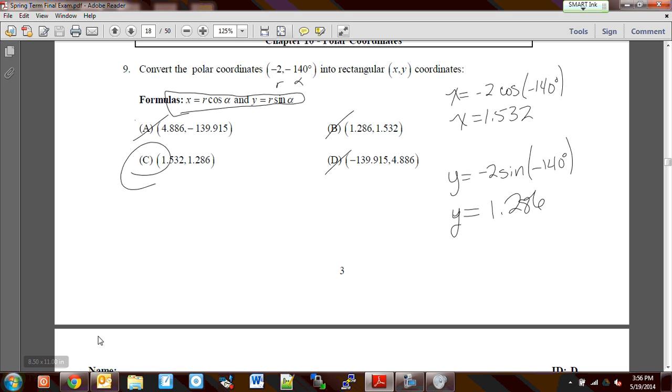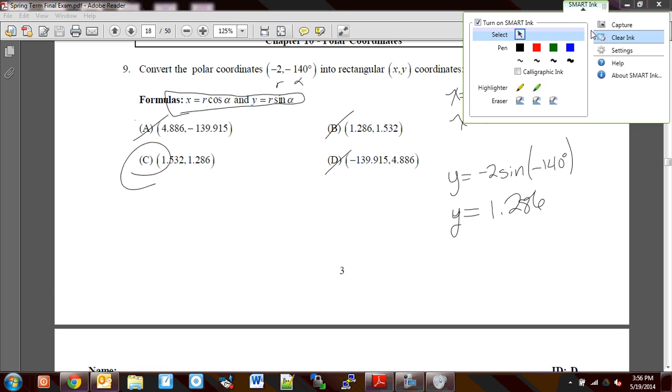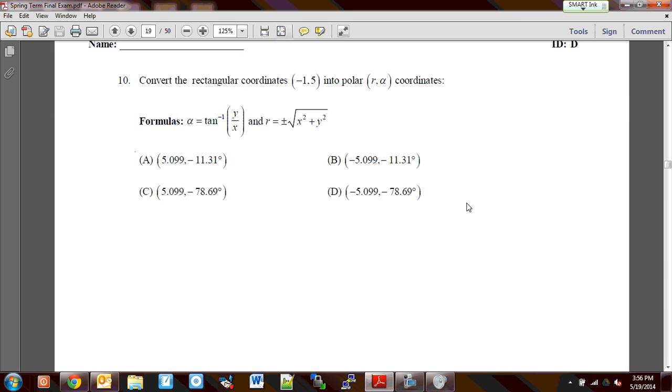All right, let's move on to the last one. Number 10, we're converting from rectangular to polar. Now, before we get started, what we're going to have to do is check this when we're done. Okay? Because here's our coordinate, negative 1, 5. So we need to make sure when we get done, we're going to be able to hit that coordinate right there. All right? So alpha is simply the inverse tangent of y over x, which is going to be 5 over negative 1, or just simply the inverse tangent of negative 5,